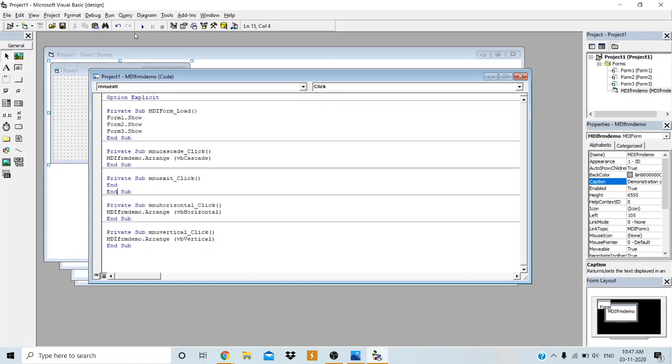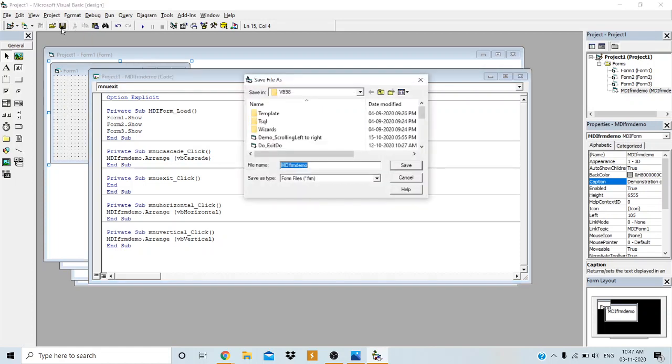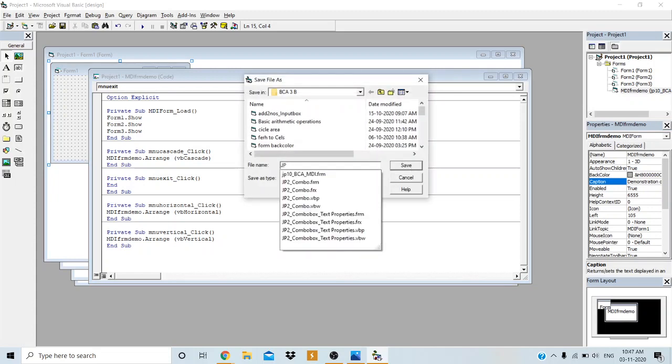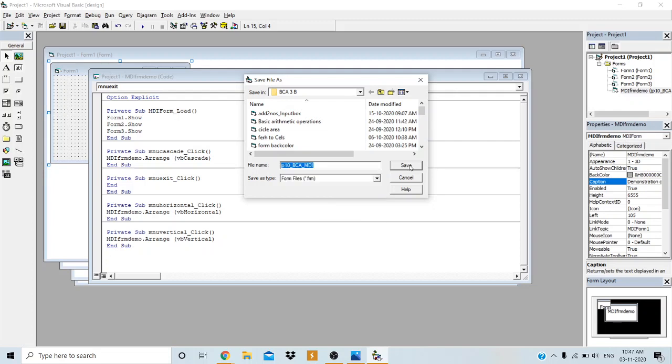Any doubts here? No, sir. Okay, I will save the project here. See here, it is asking me to save the forms because we have four forms here: form 1, form 2, form 3, and also the MDI form.